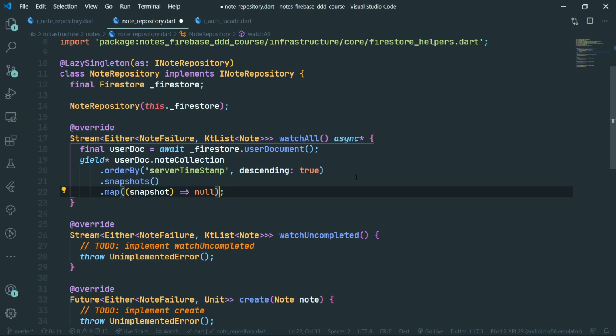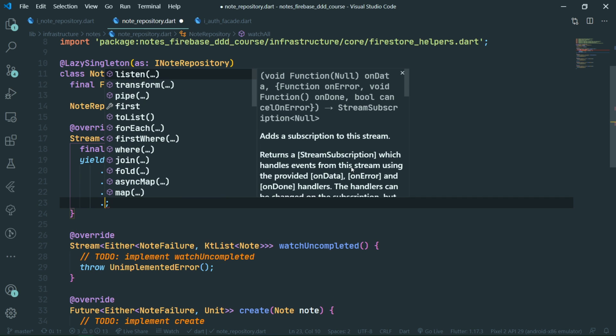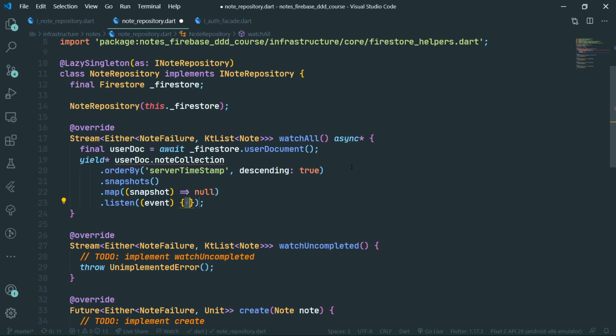Usually, unless you are a fan of the either type, of the functional way of handling errors, you would probably handle errors coming from a stream in a way that only when you listen to